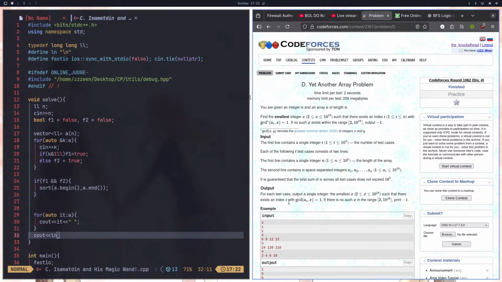GCD of a comma x. हाँ। अच्छा, अच्छा जी, अच्छा अच्छा x 2 से बाद का होना चाहिए। मैप से हो जाएगा।